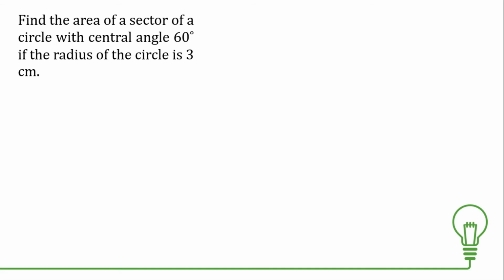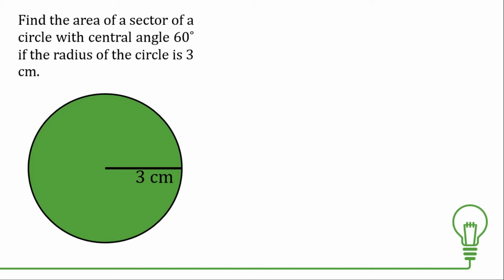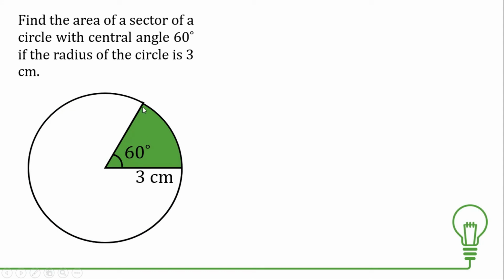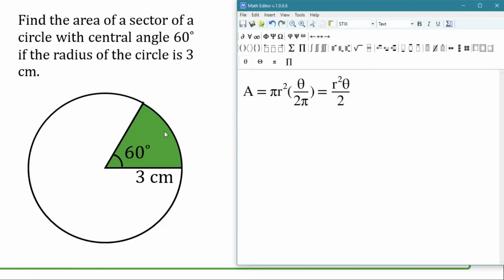Okay, so let us have an example. It says here that we are to find the area of a sector of a circle with a central angle of 60 degrees if the radius of the circle is 3 centimeters. Okay, so let us illustrate that. We have here a circle with a radius of 3 centimeters, and then we are given an angle measure of 60 degrees. So we are to look for the area of the shaded region. Okay, so for us to do that,